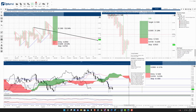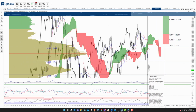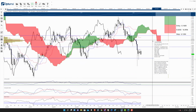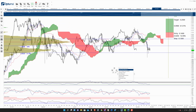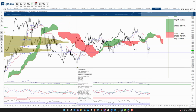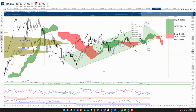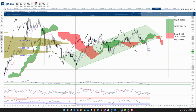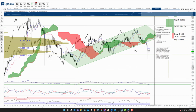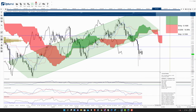Taking a look at VeChain. VeChain, at the time of recording, looks a little bit on the heavy side along with the rest of the crypto market. You're just seeing a lot of this kind of bearish continuation pattern going on. You do have a very strong and persistent and long-term bear flag that has existed on VeChain's chart really since that original swing low was established back in June. And then we see the drop below it that occurred right at the beginning of December,